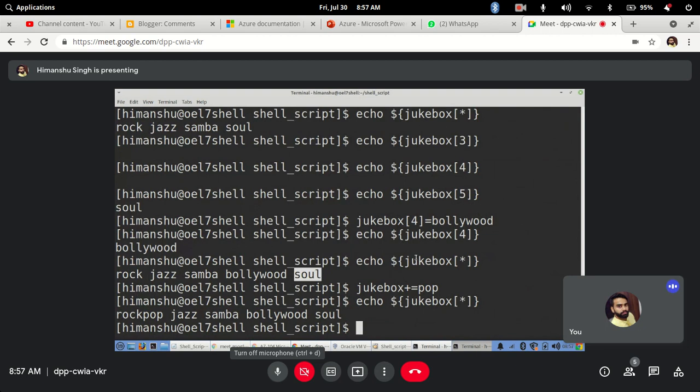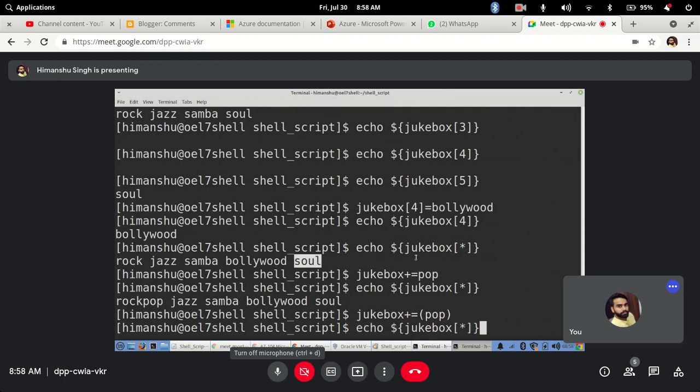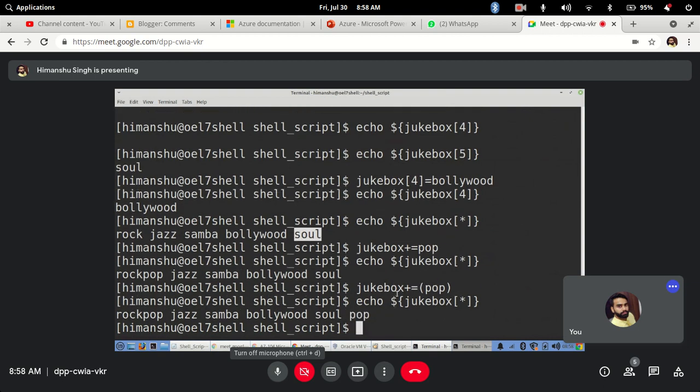Okay, sorry, my mistake. I have added, but it has to be added at the position, so you have to mention that. If you do it like this, it will by default take your first value and append to the first value only. Clear?